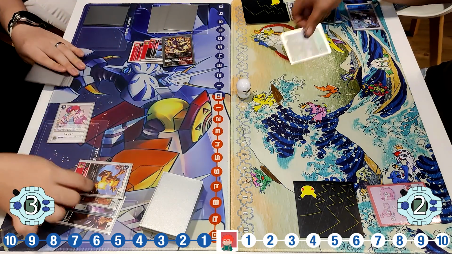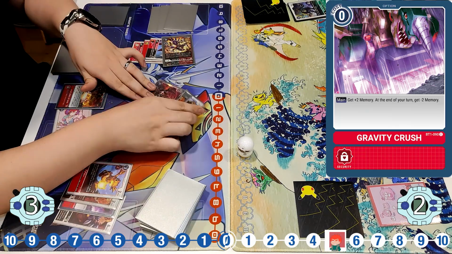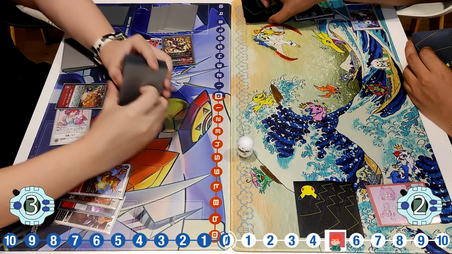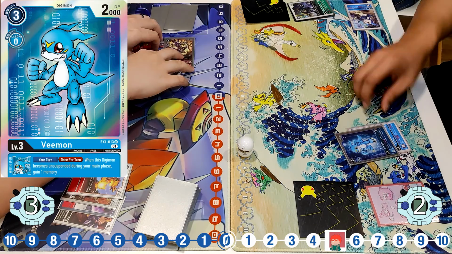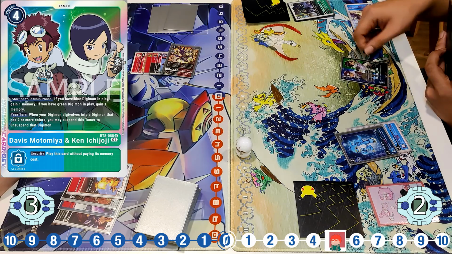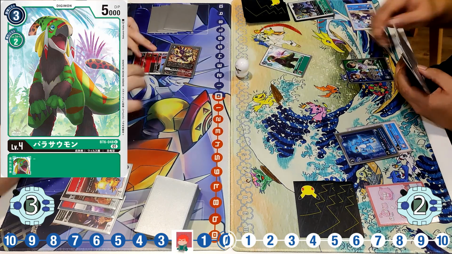pushing to actually effectively just 2 security already, and be going for the red memory boost and giving him the 2 extra memory thanks to that Gravity Crush and picking up that BlackWargreymon to hand. Definitely a very scary turn given that the Gravity Crush allow you to abuse that memory, because opener usually won't give you so much memory, especially if you don't have a tamer setup. So definitely the Gravity Crush did make a lot of plays there, and we do end the turn with the